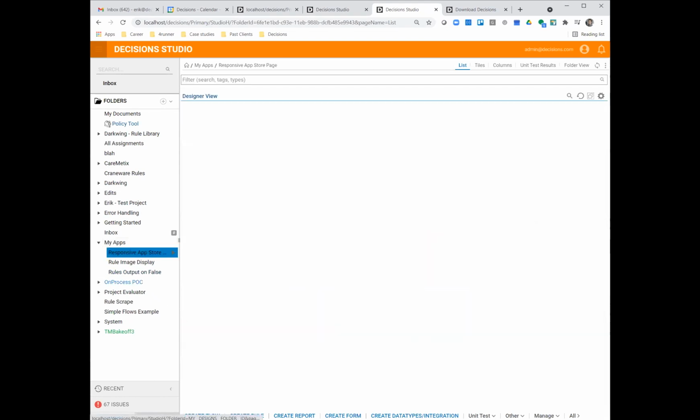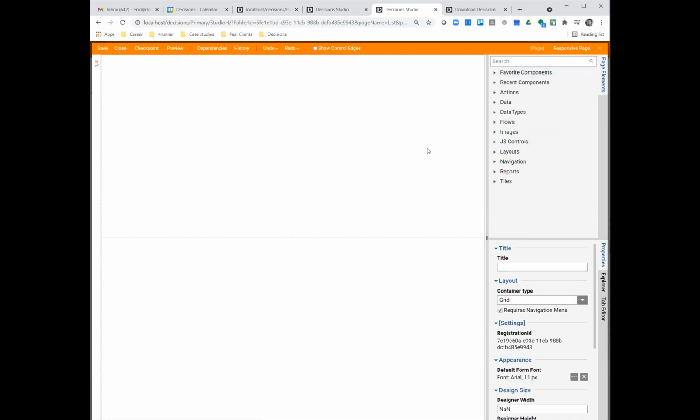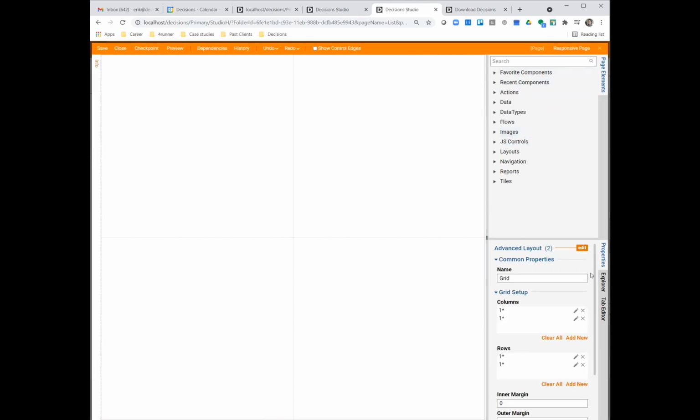And in that page, then we'll go create our page. And I'm pretty sure that's what they're using. So it'd be under the container types. So by default, I think you have